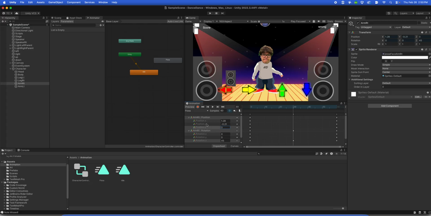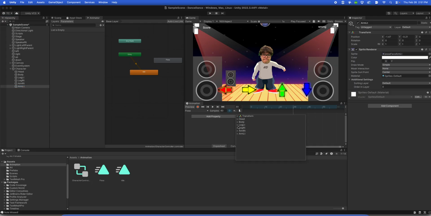Okay, so I'm going to go ahead and move it up on the Y to a 1, and that's too high. So I'm going to go 0.7. And then I'm going to move it to the right a little bit, maybe 1.7. And that looks pretty good. Okay, and let's just do that with the left arm now. So I'm going to click this left arm, add a property, let's go to arm left, and transform. And I know I'm going to add both of these. So I'm going to go position, and then I'm going to go back to the left arm again and say transform